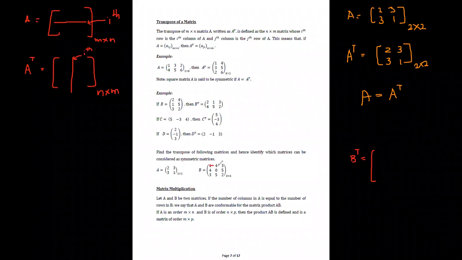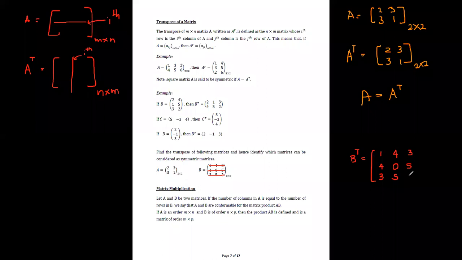Therefore, the first row is 1 4 and 3. It will become the first column of this matrix. It is now 1 4 and 3. Then the second row, it is 4 0 5. Then it will become the second column of this matrix. It is now 4 0 and 5. Then the third row becomes the third column. It is 3